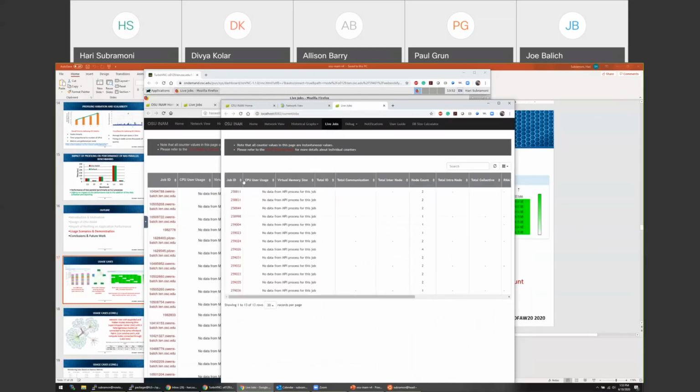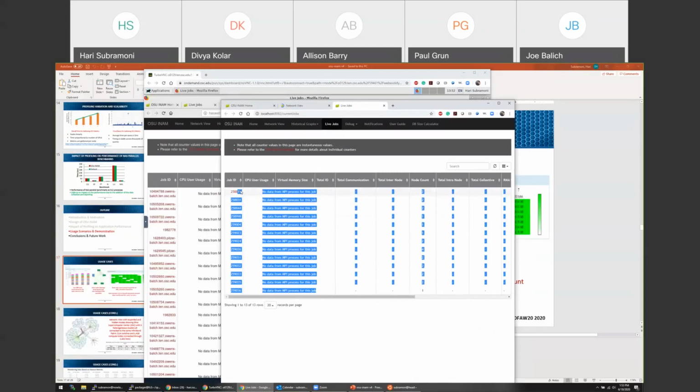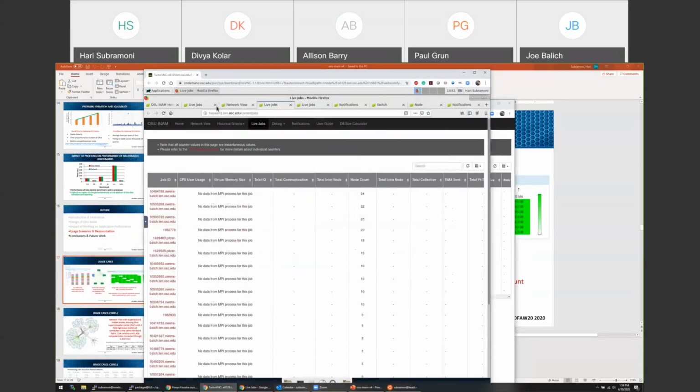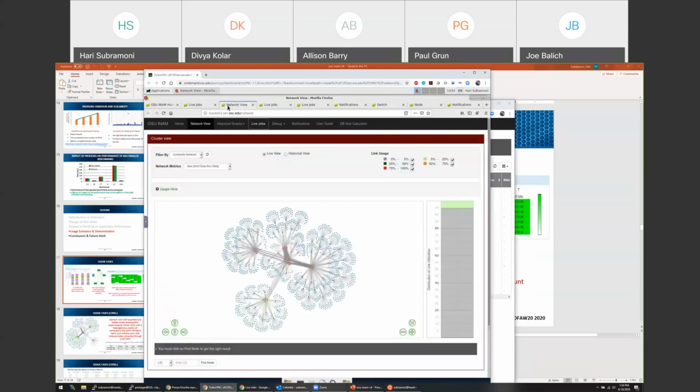Again, as you can see, even on this system you have several jobs working with MPI libraries which are not supported. Just as you know, whenever you want to do a live demo, it doesn't work as you expect. Sorry about that. Apparently only the larger cluster works. The smaller cluster seems to have some issue.